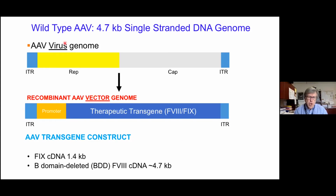So you change a wild type virus genome, shown at the top of the slide here. This has just under 5,000 nucleotides of single-stranded DNA. When you want to turn this into a gene therapy genome, a gene therapy chromosome, if you like, you remove this yellow region, the so-called rep and cap genes, and you insert the coding sequence for factor VIII or factor IX, depending on whether you're treating hemophilia A or hemophilia B,